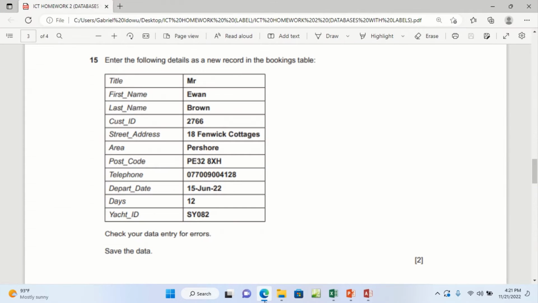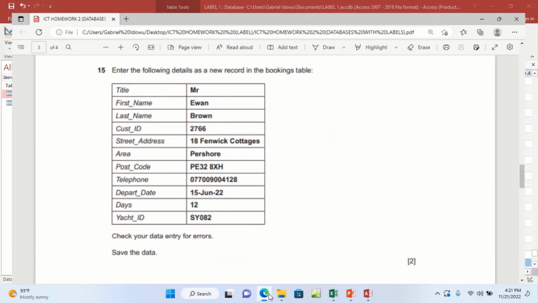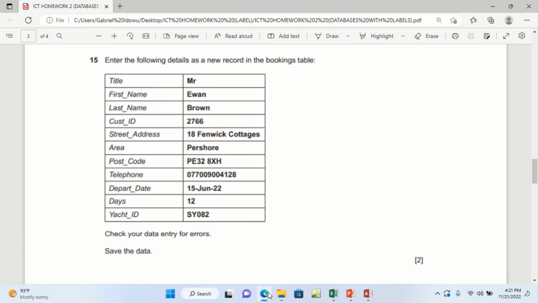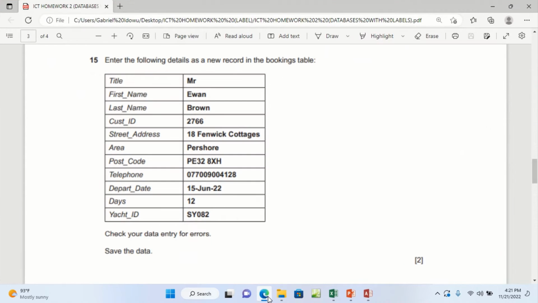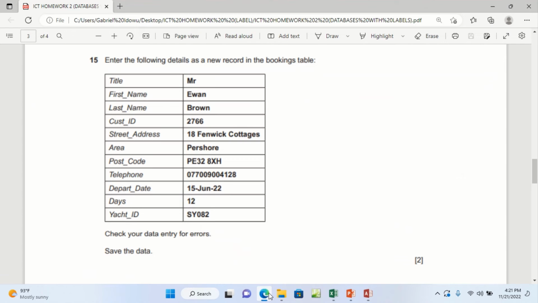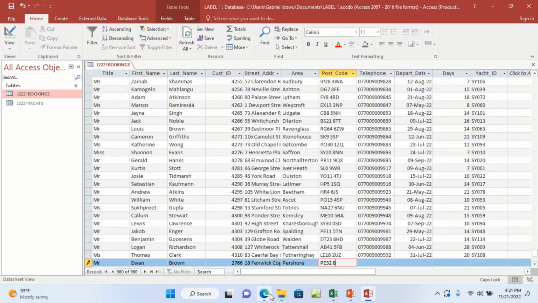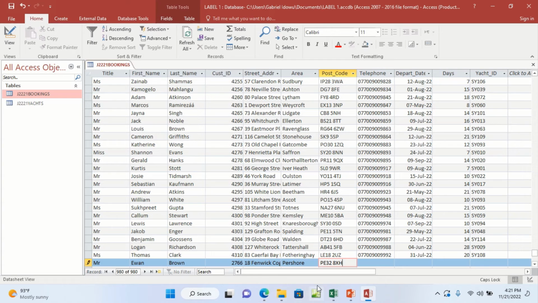Check the spelling. Fenwick Cottages. Then area is Peshawar. Then the next one is postcode P32, and then space 8xh. Then the next one is telephone, which is 0770